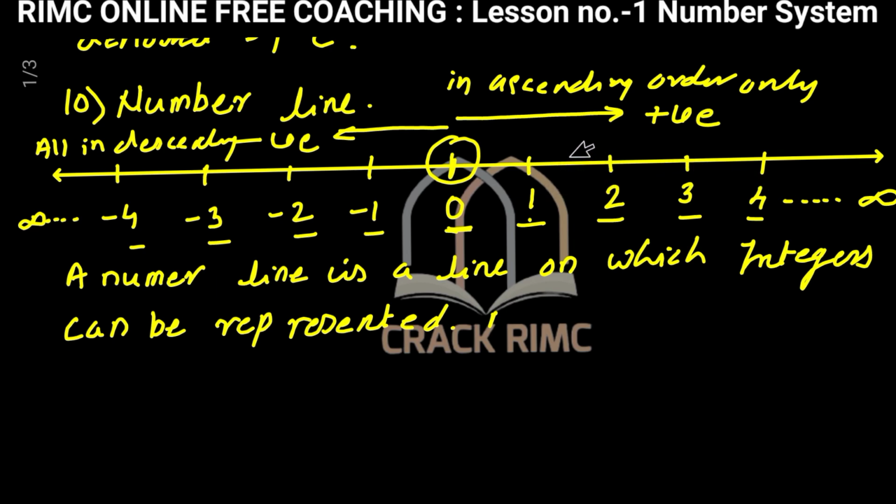here 2.5, here 3.5, like that. Here we can show minus 0.5, here minus 1.5. So any number we can show on this line. Now we will move on to the next type,